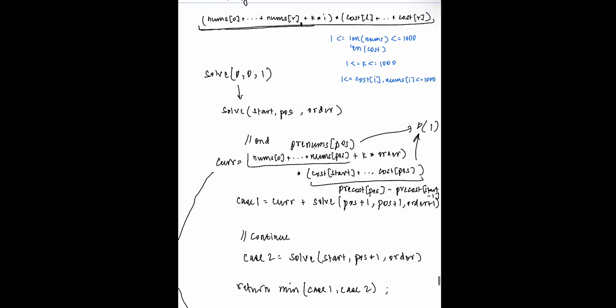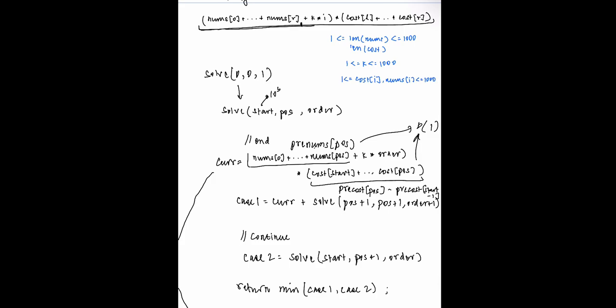So you've calculated the prefix sum of the nums array, you just return this. This part again, it's just the prefix sum array of the cost array, where pause minus precost of start minus one, right? So this you made O of one modifications here instead of O of n, right? But will this pass? Looking at the constraints, you'll have